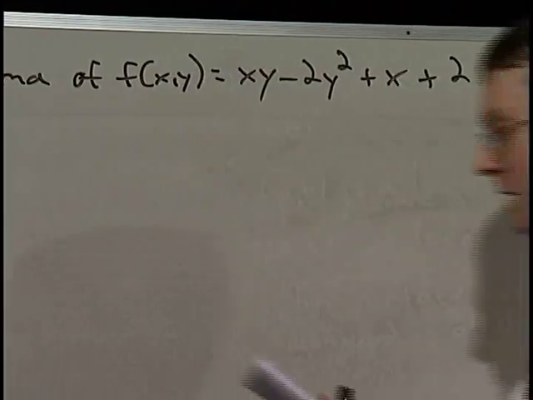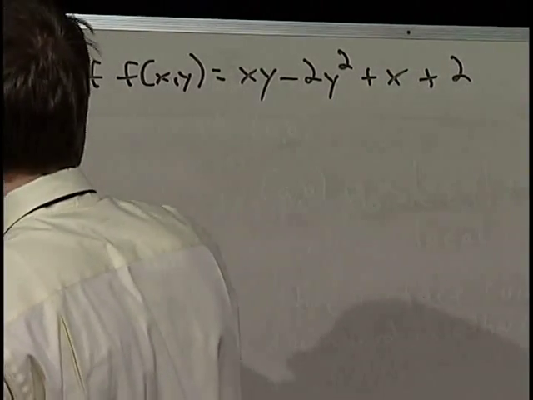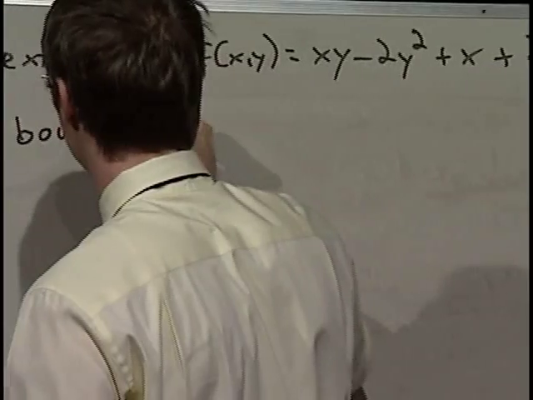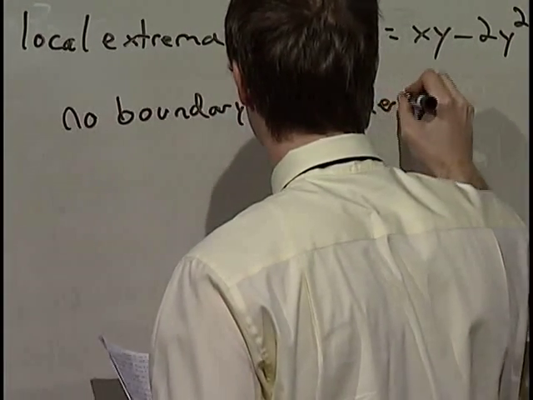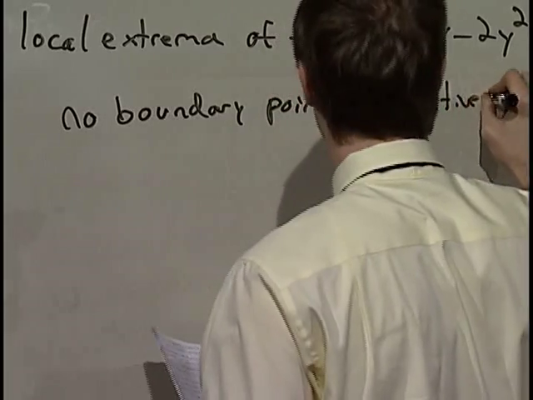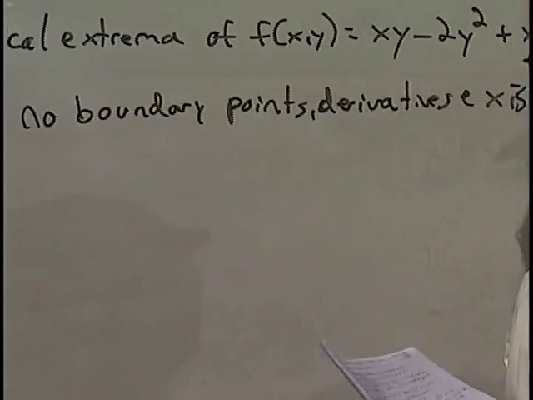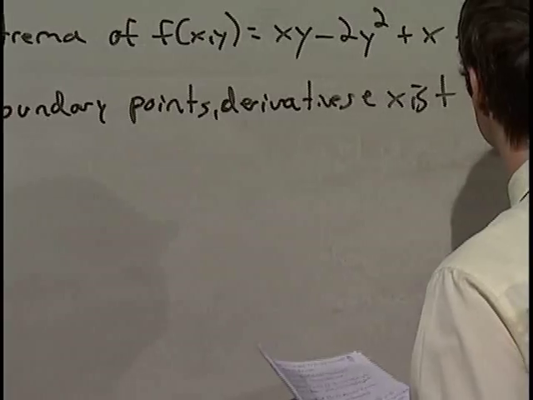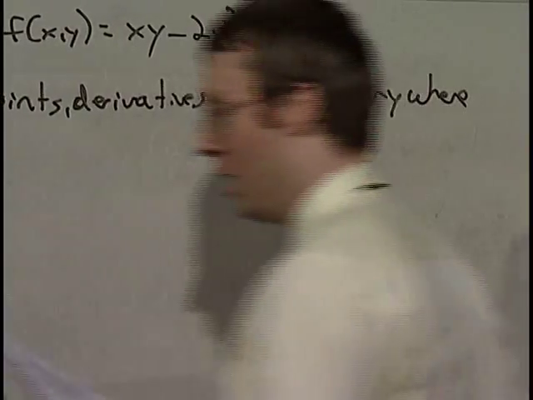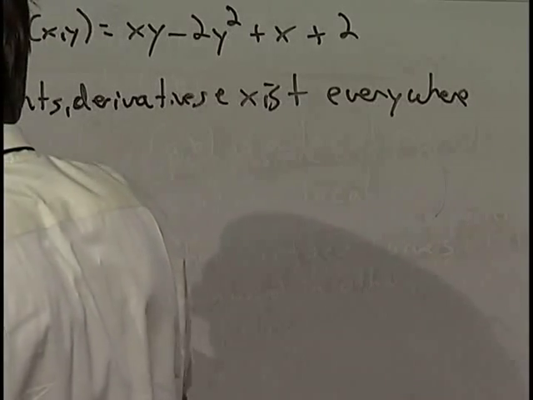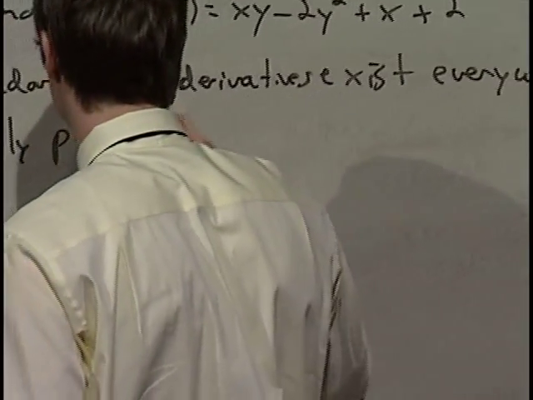Okay? So there are no boundary points. The derivatives exist everywhere. So there's no possibility of having the partials not existing. So therefore, the only possibility for extrema,